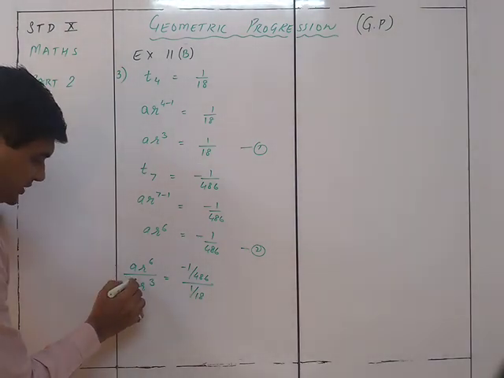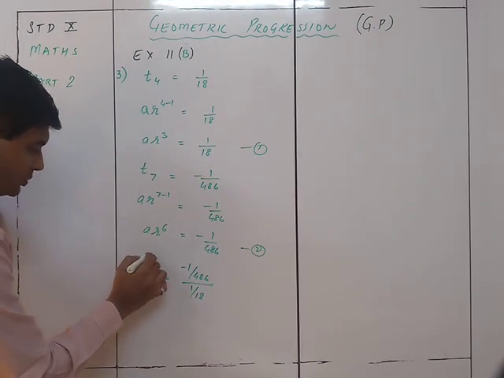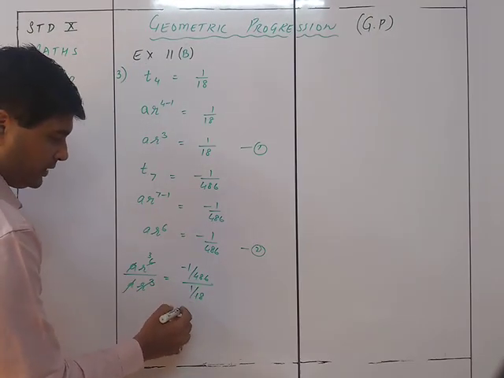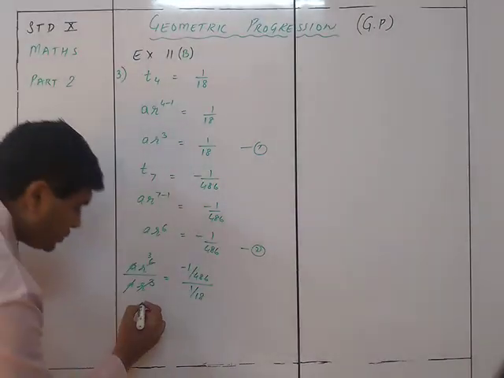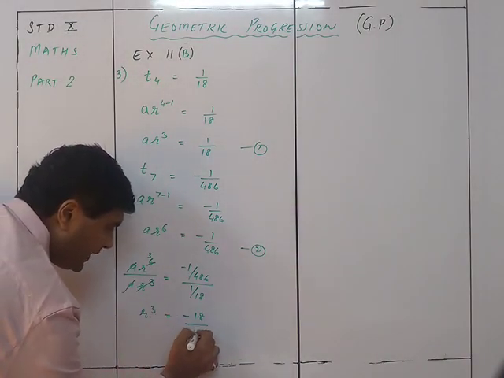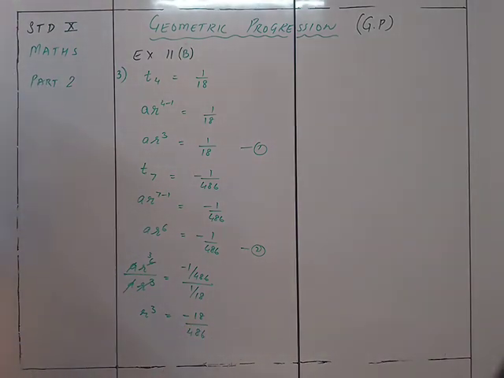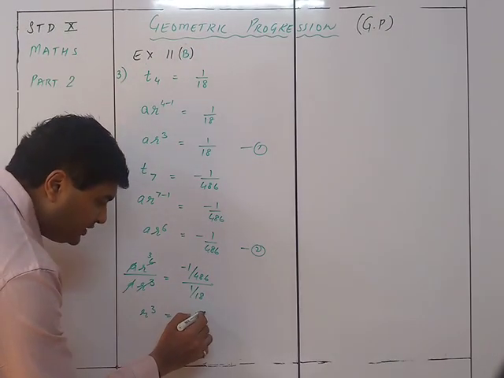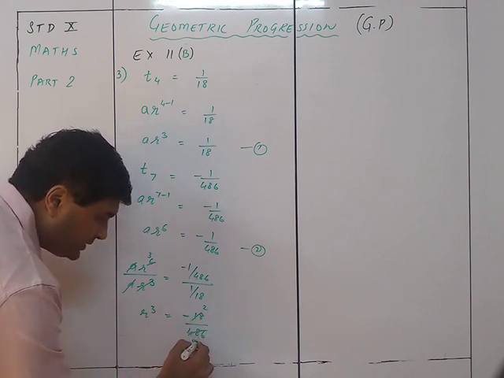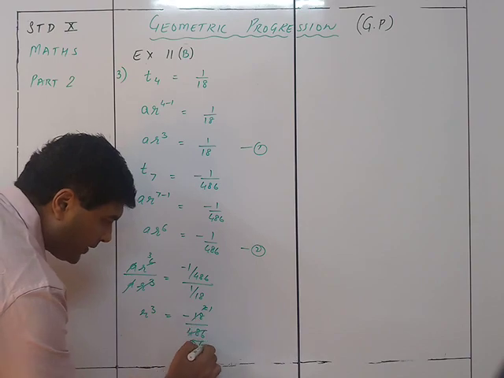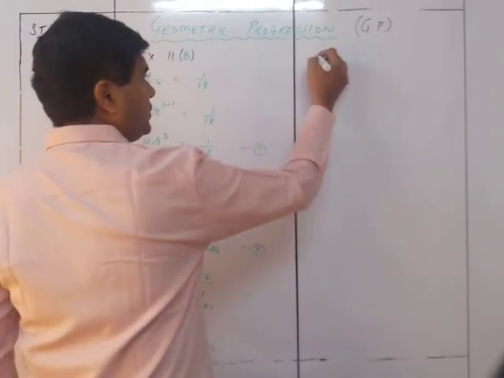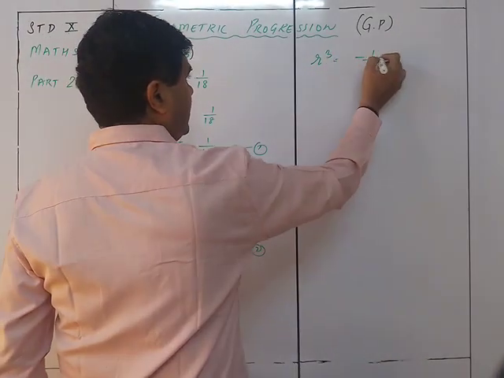Okay, so this A gets cancelled. This will give you R cube, and this one over here will be such that 18 will go up. So R cube will be equal to minus 18 upon 486. We can try to divide it by 9 first. So this will be 2 9s are 18, and 9 5s are 45, and then 4 9s are 36. So 1 upon 27. Good. So we get it over here that R cube is equal to minus 1 upon 27.